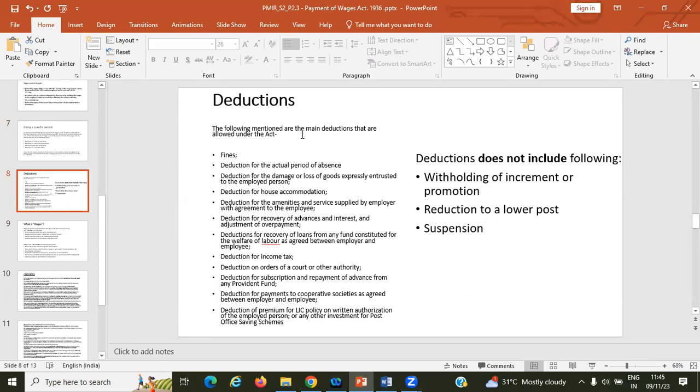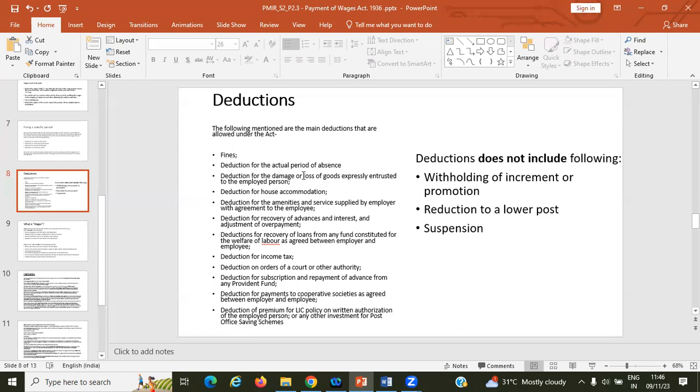Whenever you are getting a salary, you see your pay slip, a lot of things are deducted from that pay slip. What are these? The government has deducted your tax. The company has deducted your provident fund. If you are paying something to insurance, loans, a lot of things are deducted. So you need to understand what the deductions are. There is a list here. This kind of deduction is allowed.